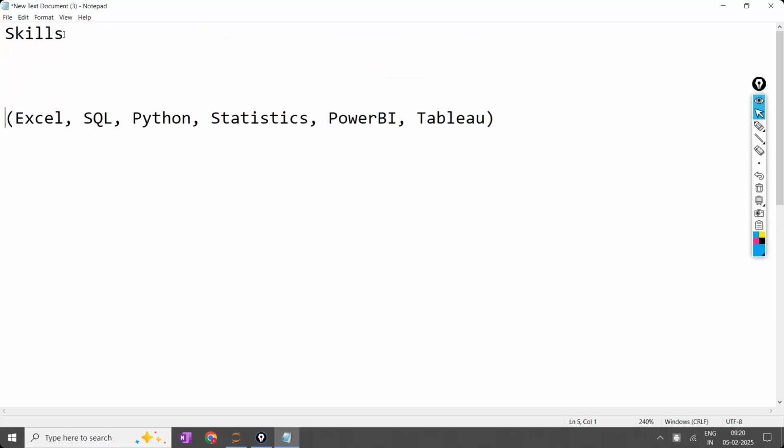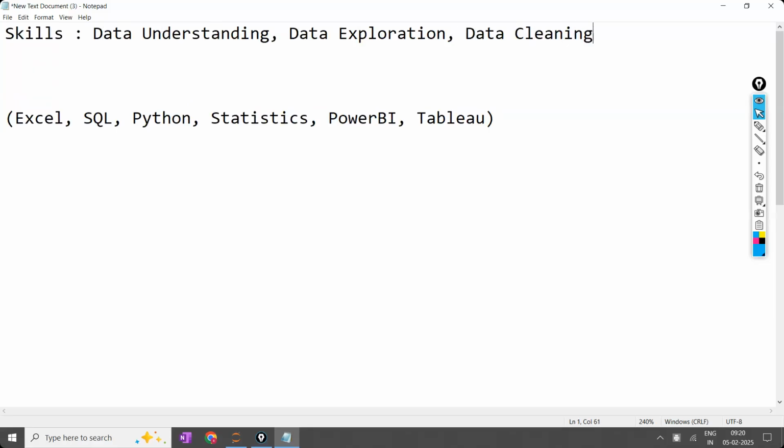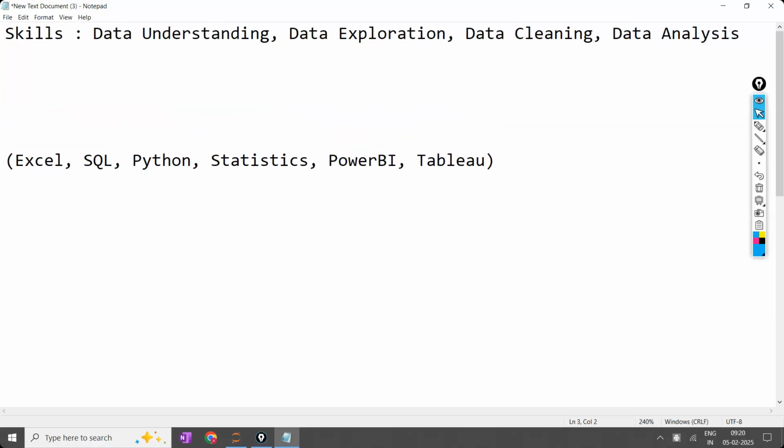So the skills you have acquired here are data understanding and data exploration. What is data exploration? Data cleaning, data analysis, and data visualization.